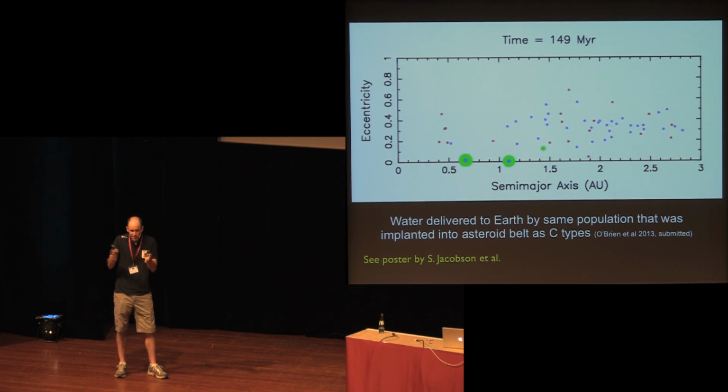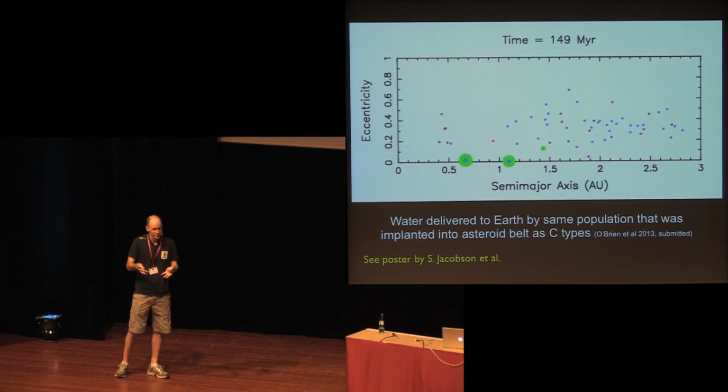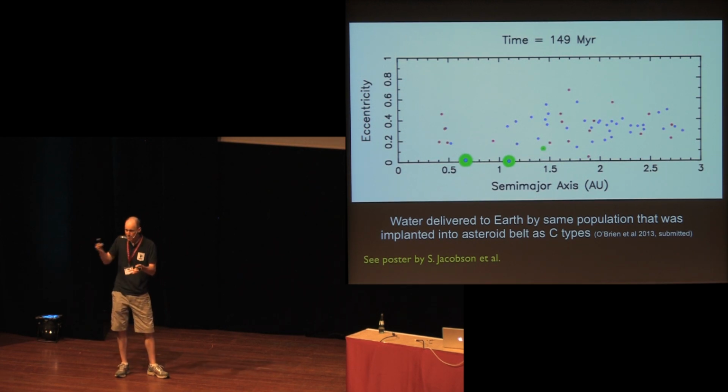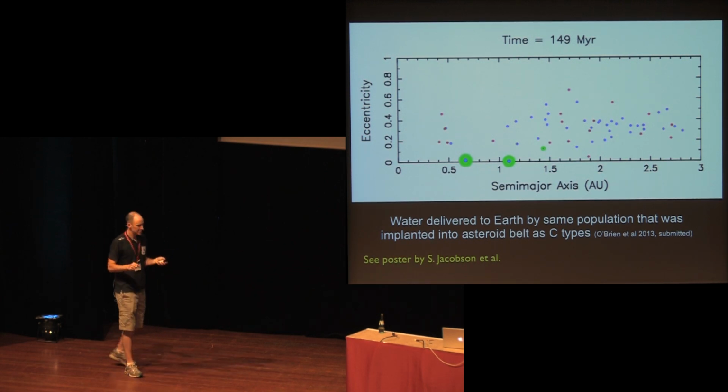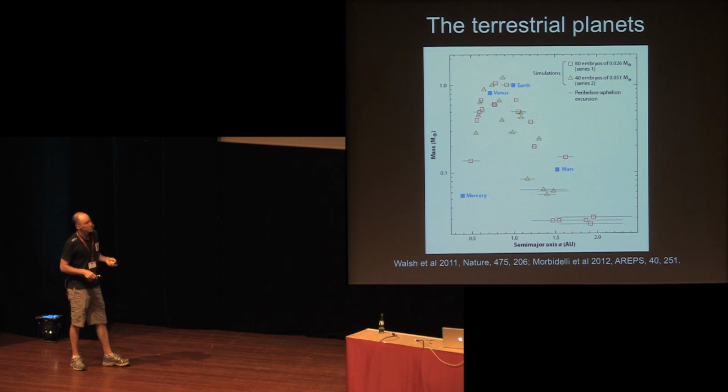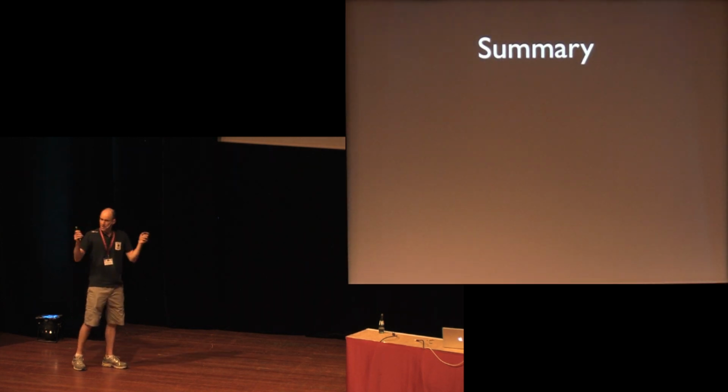Instead, Earth formed mostly from local stuff, but because of the dynamics of Jupiter and Saturn, there's this extra pollution component that naturally delivers material to the Earth. And that material has the same composition as what was planted into the asteroid belt, which is a very good chemical match to Earth's water. That's the story. Let me skip over this because I'm running out of time, and